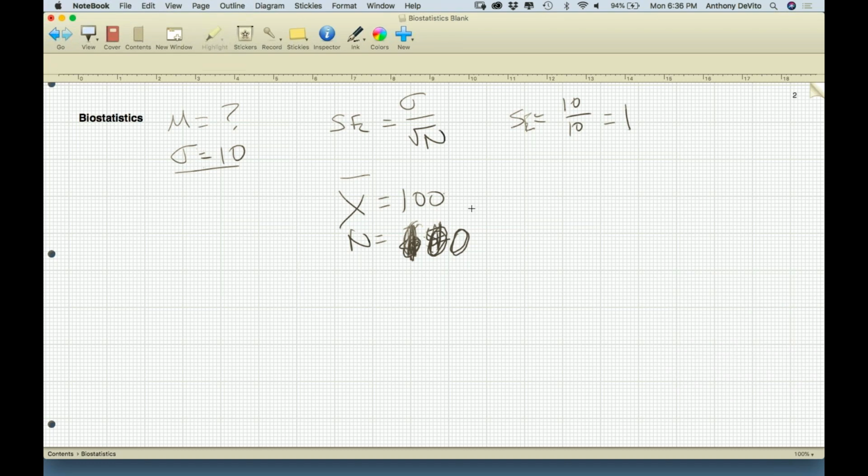Right? So my 95% confidence interval is going to be x bar, which happened to be 100, plus or minus. Well, now I got to decide, can I use the z-score or should I be using the t-value for the value I want for the 95% confidence interval? Well, let's see, I got two reasons here why I can use the z-score. One reason is I know what sigma is. And since I know what sigma is, I can calculate my standard error with a lot of confidence, right? On the other hand, I also have a very large sample size.